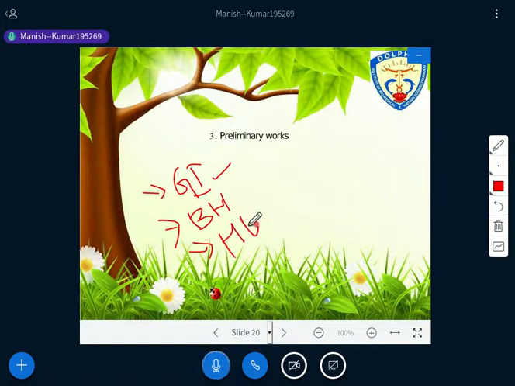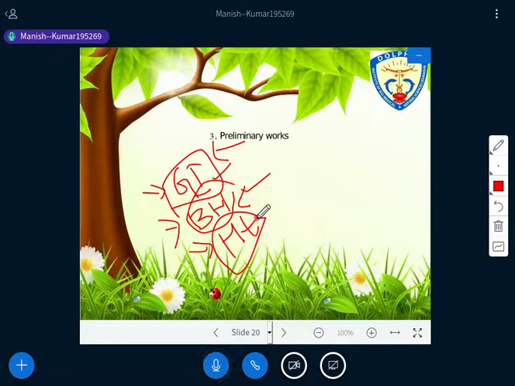So what are the things that you have to do in preliminary works? First, general information: collect all the necessary general information, longitude, latitude, division, compartment, whatever information the forest has written over there. Then the breast height of that tree. If the tree is available there, get the breast height, and if not, you can collect this data from the previous record. And then you also have to record the height of the stump there.